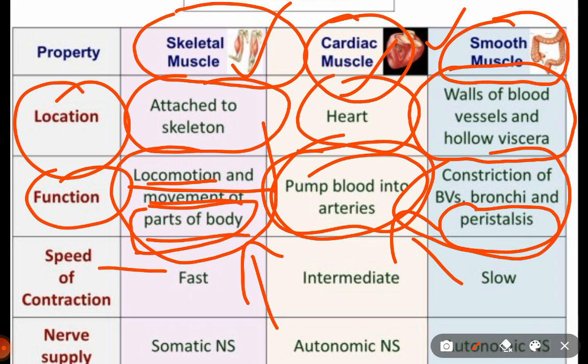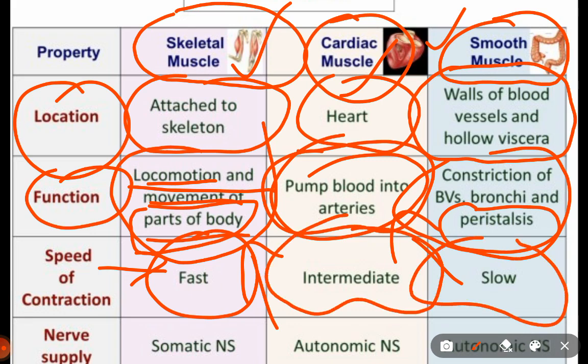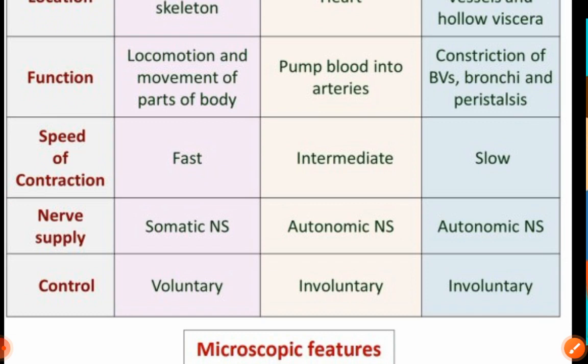The speed of contraction: skeletal muscles' speed is very fast. For example, when you need to run, all of a sudden your skeletal muscles in the legs contract, so you start running. Similarly, they relax, so the speed of skeletal muscles is very fast. Cardiac muscles are intermediate, their speed is intermediate, and smooth muscles are very slow, like the food moving through the process of peristalsis, it's a relatively slow process. Moving on,